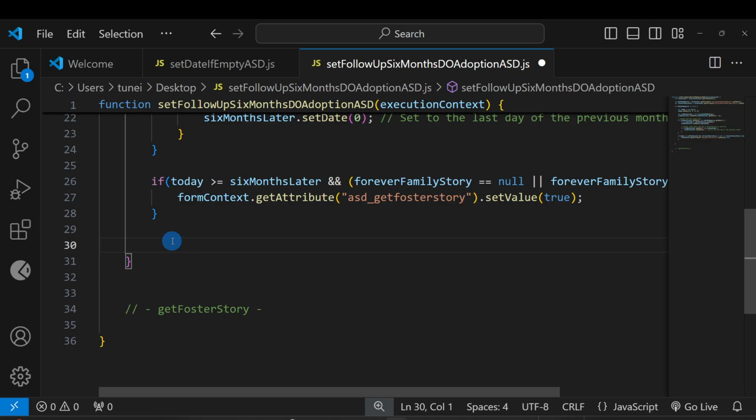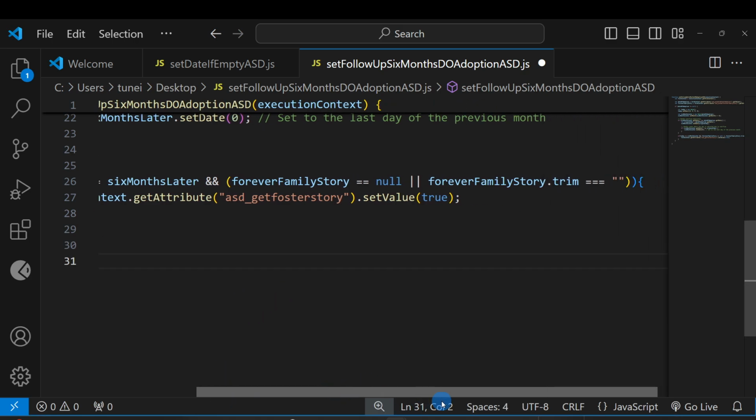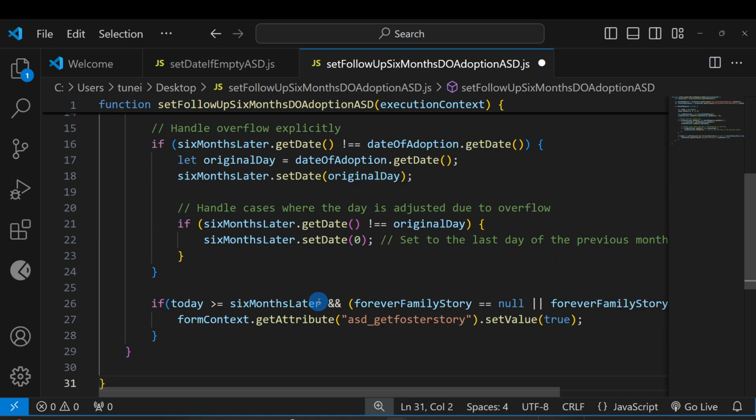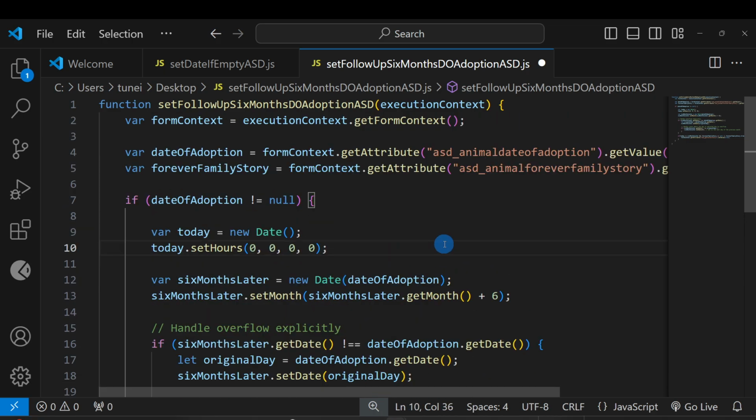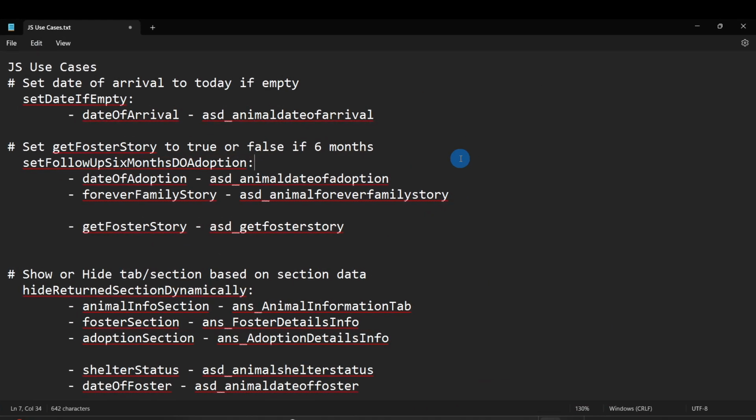Okay. And with that, we are actually done with our second function. Let's see, it looks good. I'm going to hit save. And let's pull up the third one. All right. So we're done with the first use case. We're done with the second use case. Let's jump on the third one